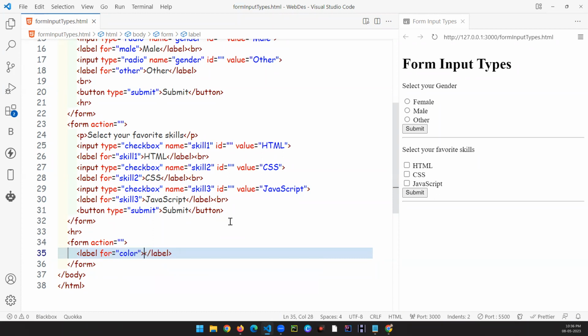Okay, select your favorite color, something like that. Okay, and after that what I want to do, I want to give a semicolon. Okay,